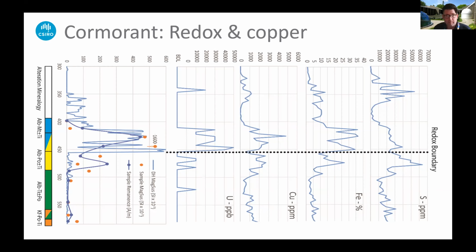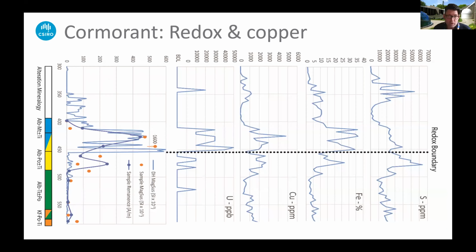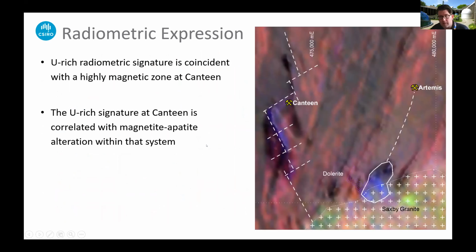So are the redox boundaries controlling copper? Well, they certainly seem to be controlling uranium. So I guess what I'm trying to say here is this redox boundary is controlling where the uranium is dropping out. You can see that in the radiometric data,